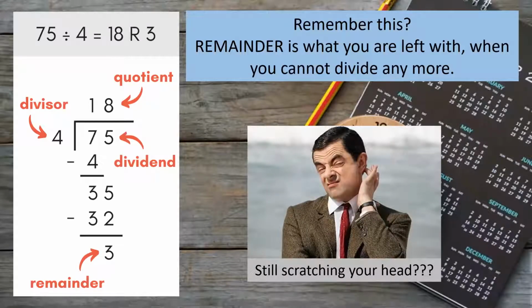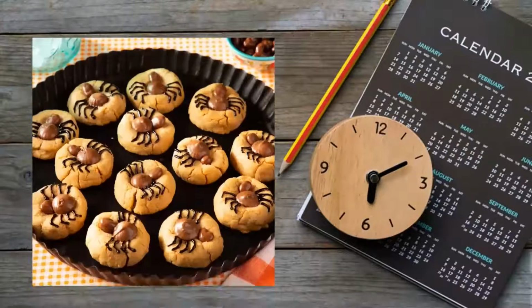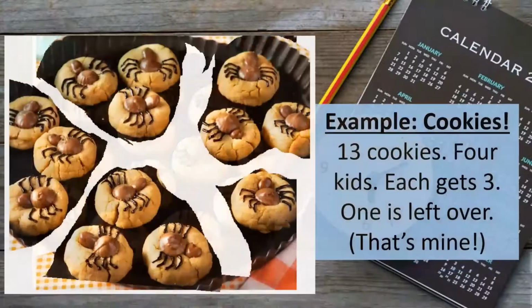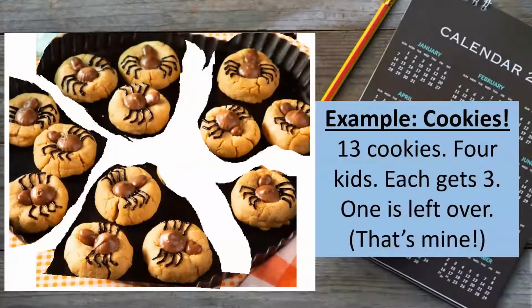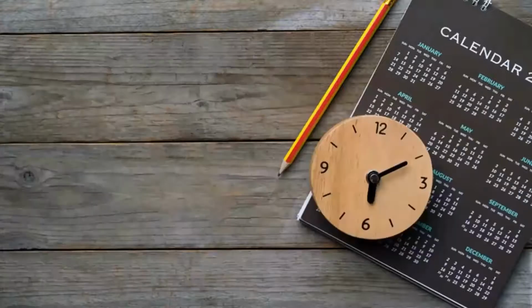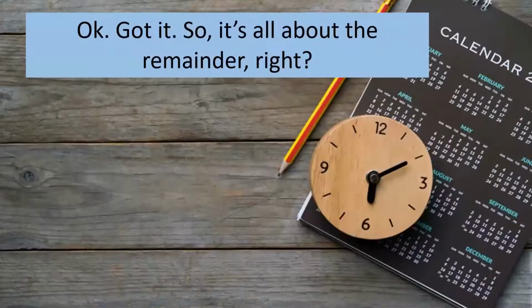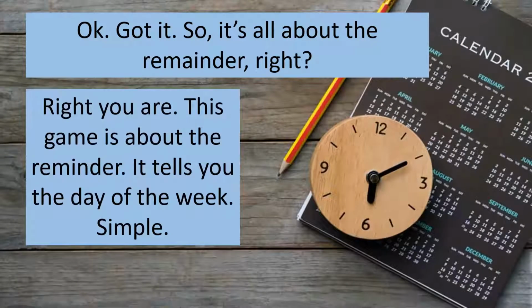Okay, let's come up with another example. A plate of cookies. Hey, who doesn't want this? 13 cookies, 4 kids. Each kid gets 3. 1 is left over. That one's for me. That's a remainder. So divide 13 by 4, and 1 cookie is left over. That's the remainder. And this is the remainder that we want to deal with when we're talking about the month calculation or the date calculation. Okay, so done with the third grade elementary rudimentary math. Let's get back to the program now. So now we all understand what the remainder is.